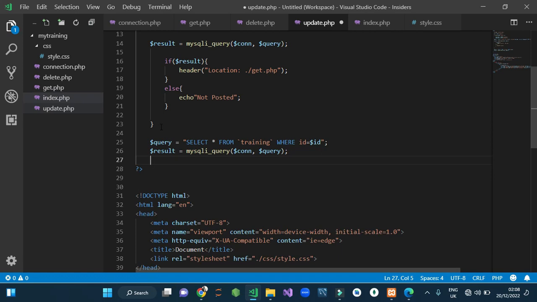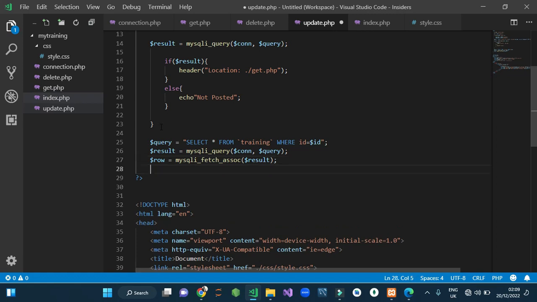Then I call my SQL fetch, so I now say $row, $row equals my mysqli_fetch_assoc, and I put my call what, $result like this. I put my semicolon,